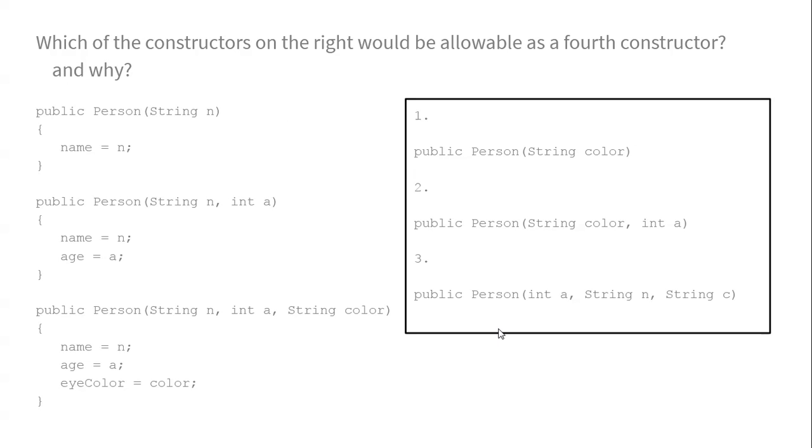I have a question for you now. Which constructor on the right would be allowable as a 4th constructor, and why? So I copied the string int, string over there. And then here's 3 proposed additional constructors. Only one of them will actually work. Don't say it out loud, but try to figure out for yourself which one over there would be a possible fourth constructor,